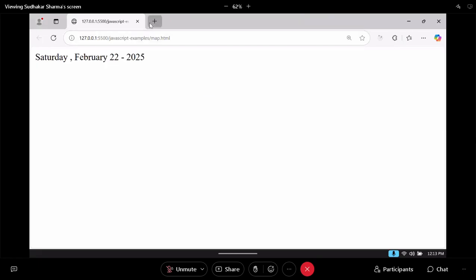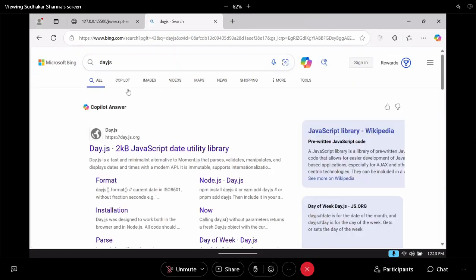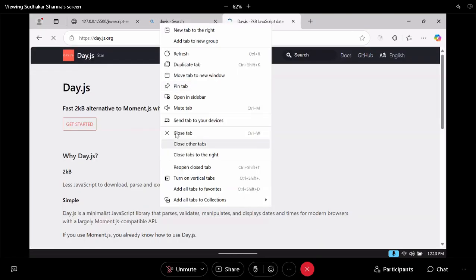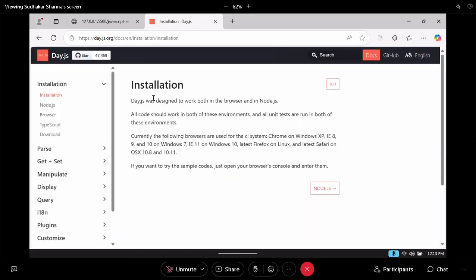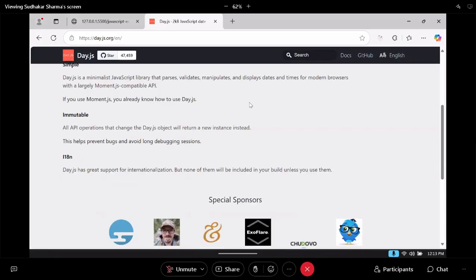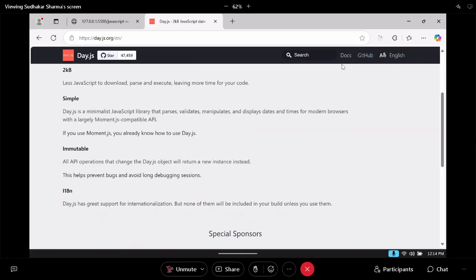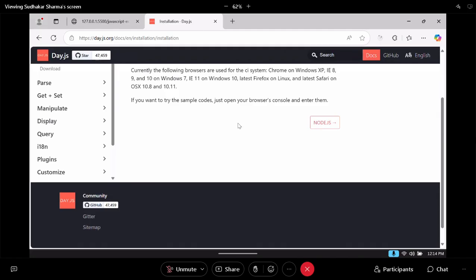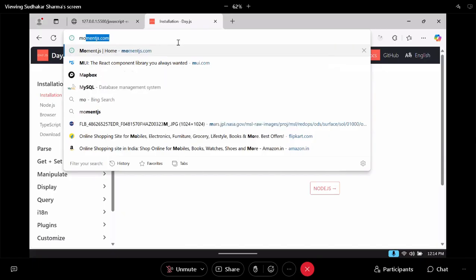You see, day.js. Day.js is one library. This is the day.js library. It is a JavaScript library for handling the dates. They will provide you the documentation, how to use it, how it works, everything they will provide. There is another one like moment,